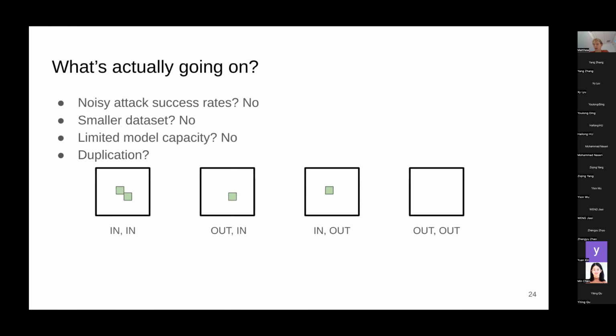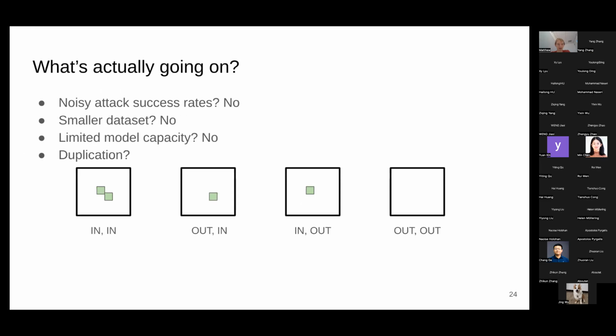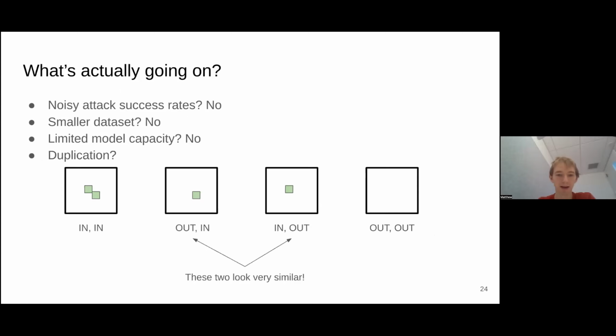If you train the model on only one of 2 things that are near duplicates of each other, the models are going to be very similar. They're going to be very hard to tell apart. Because these are so similar, you won't be able to do membership inference better than 50% at distinguishing between the cases where only one of them is in, when you want to guess which one. You can do perfect membership inference on the outside cases, but you're still capped at around 75% membership inference because of the duplication. So in some sense, having this duplication masks the ability to do membership inference on any individual point.